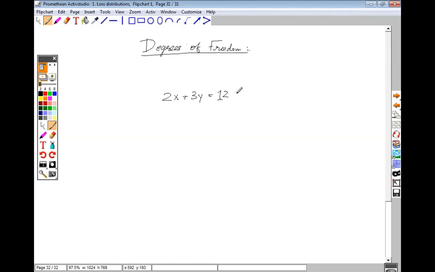So let us try to write all the values of x and y that this expression can take. I have my x value here. If I say that my x takes 0, what should my y be? Anyone? 4. 4. If my x is 1, so again, I'm looking for integer solutions, not decimals. What should I write here next? If my x is 2, what do I get here?